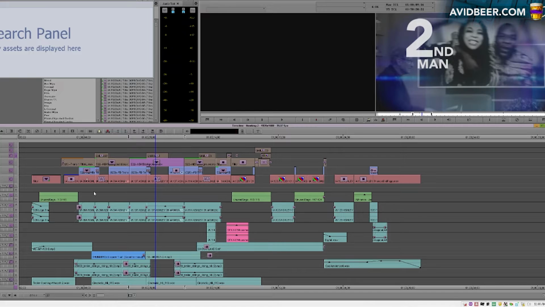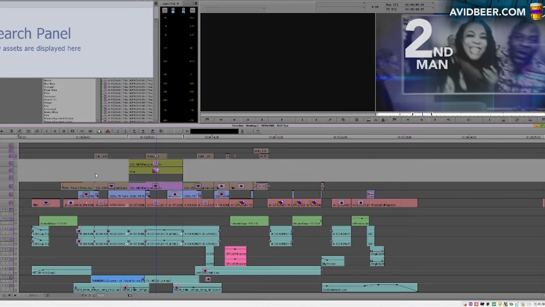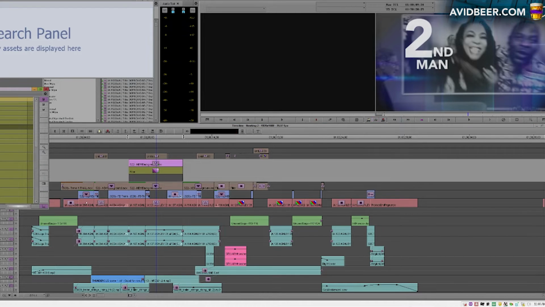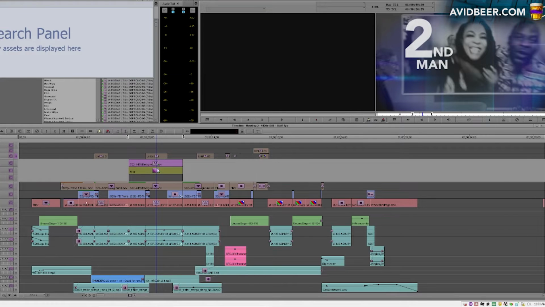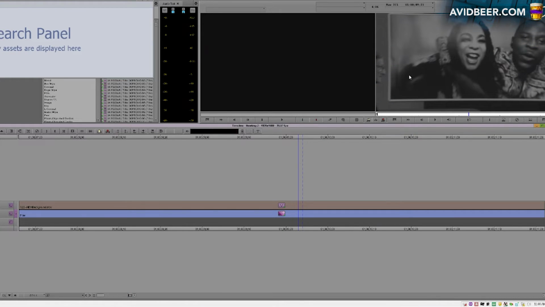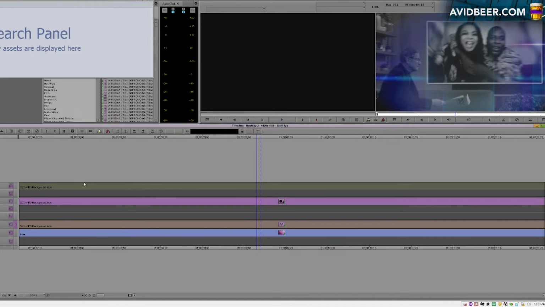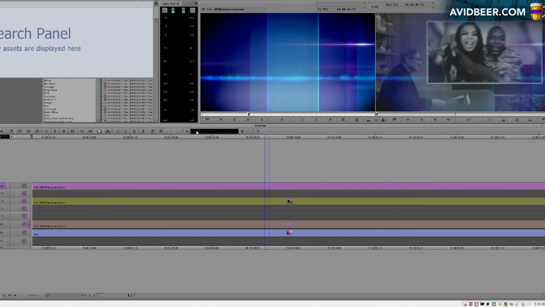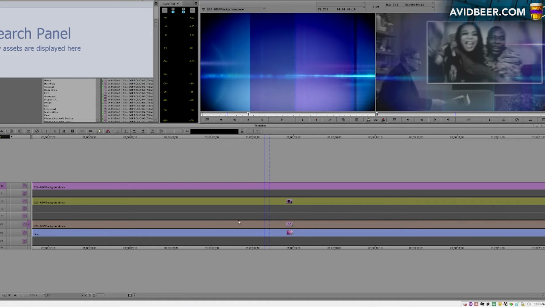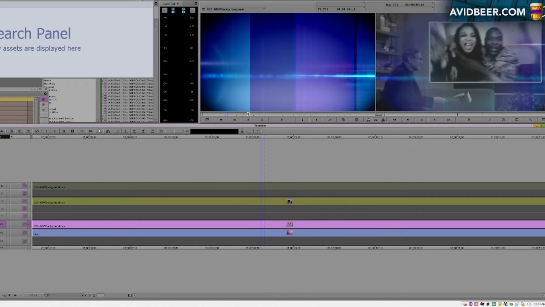Now, on V3, if I step in or if I just double click it, you're going to see a color effect that made it black and white. You're going to see a separate layer, which was what? I assume some sort of film effect. Oh, I know what it was. Okay, so on V2, I have an effect that makes the clip black and white. On V3, what I have is another clip, a background, an animation here, right? A full screen animation that I have an animat on, and I have what's called a layer, which is those blending modes type thing. I want to do a video on